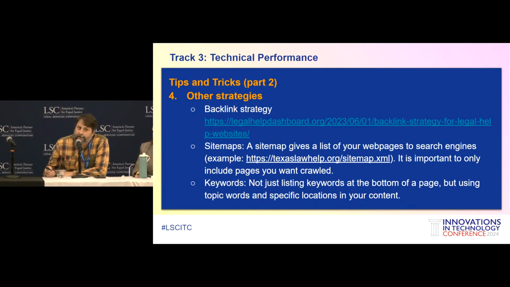Keywords have gotten kind of a bad rap. Basically, remember all those websites with lots of crazy random keywords, and they're just basically spam sites. But they're still important. Specifically, locality and topic, current events. So if you have an article on disaster relief in Texas, you'd want to mention the area that the disaster occurred. If it's a named storm, you'd want to mention the name of that storm, and that will potentially help your SEO. So that's what I mean by keywords there.